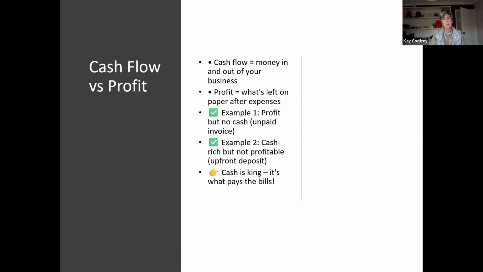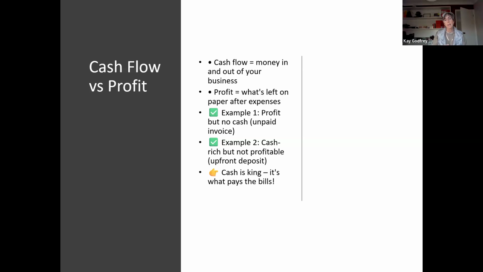Cash flow is the money in and out of your business, pure and simple. Profit, however, is what's left on paper after expenses. So, for example, if you have profit but no cash, that would be an unpaid invoice maybe. You've recorded the invoice in revenue, you haven't had it paid yet. So that would be an example of you have profit of the amount of the invoice, but there's no cash